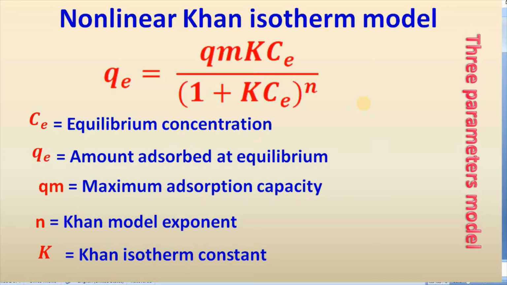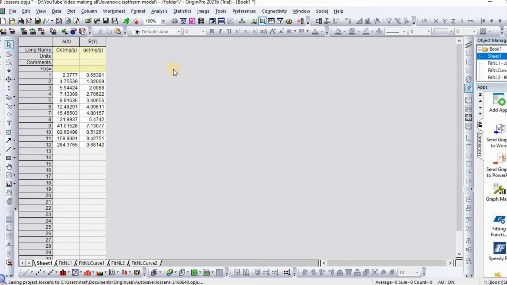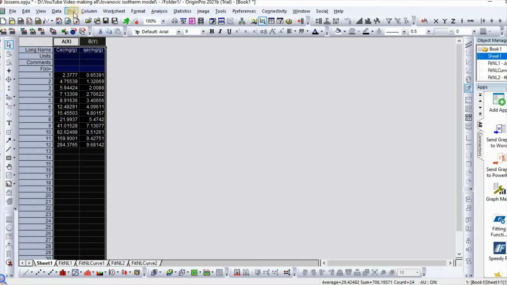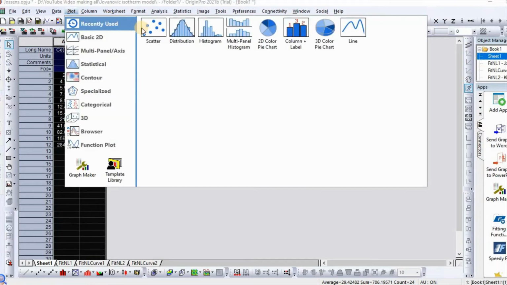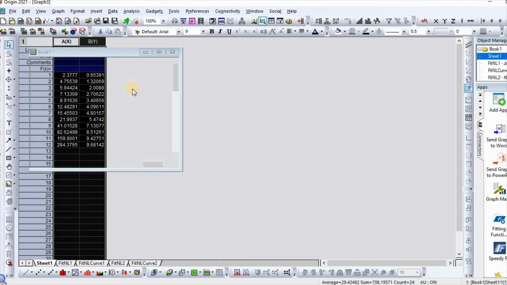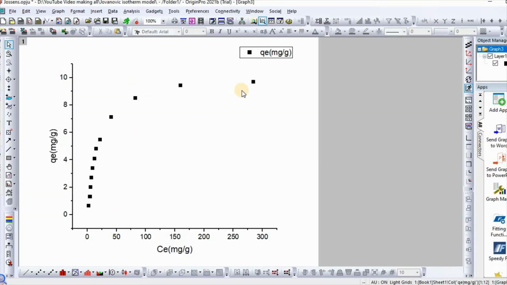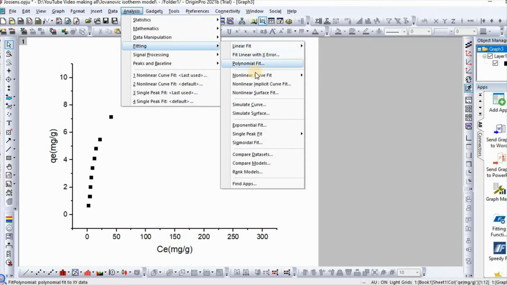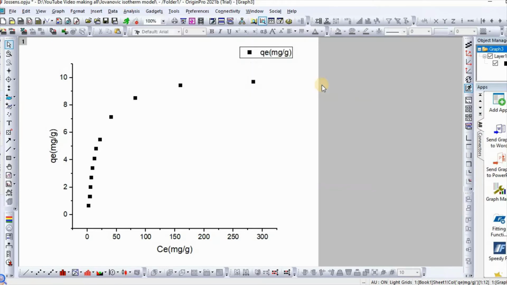Now I will show you how to fit the Khan isotherm model using Origin. Well, in order to fit, I have taken my isotherm data, then select, then go to plot, then click on scatter. Here is your isotherm, then go to analysis, then fitting, then non-linear curve fit, open dialog, then